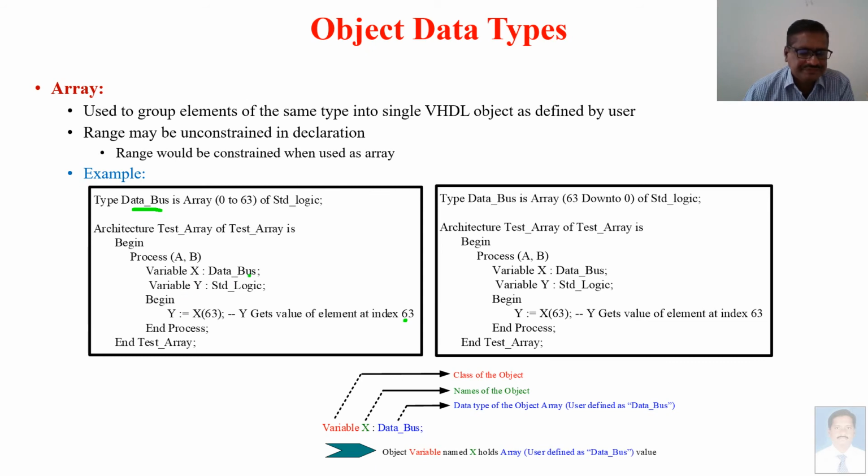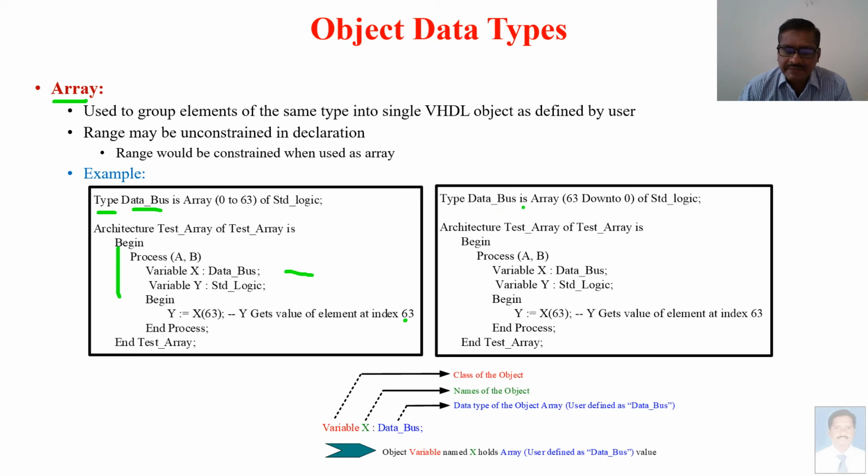Y is another variable. Variable x is a data bus, which is nothing but 64 bit. Out of that 64 bit, variable y is another variable defined, and out of those 64 values, the last value or MSB value, which is the 63, is assigned to this y. That is this approach. It means array is a user defined kind, and it can be defined under the type declaration. Whenever the user defines different data types, it should come under the declaration, and that declaration should be of the type category, and that should be before the begin of the architecture. This should be declared under this user declaration parameter.